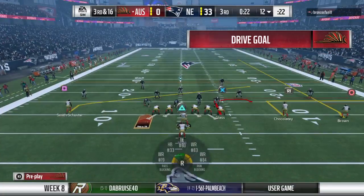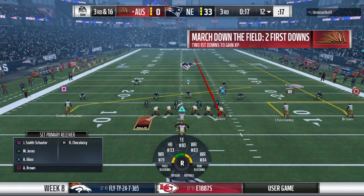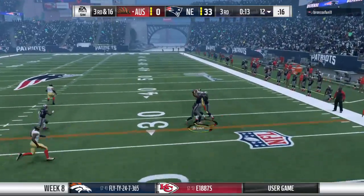I do know from experience that when you slow down someone's running game, you're now doing the dictating on defense, and guess what? Now you're getting ready to tee off on their quarterback because they have to throw it all the time. But you still have to be alert for the...